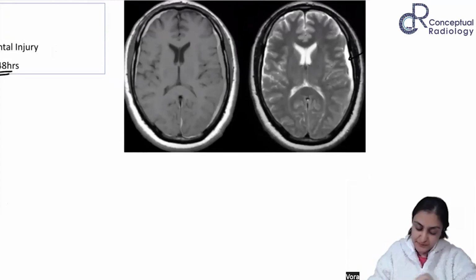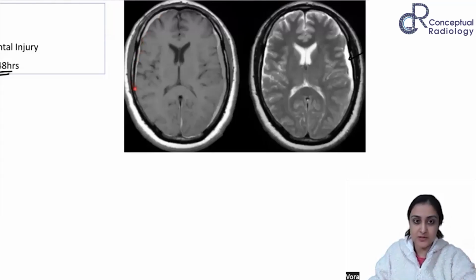Anybody thinks there is something on the right side as well? Yeah, so what you are actually having is bilateral SDH, isn't it? See here with the laser pointer, there is this one hematoma and then there is this one hematoma. So if I ask you what is the age of this hemorrhage,